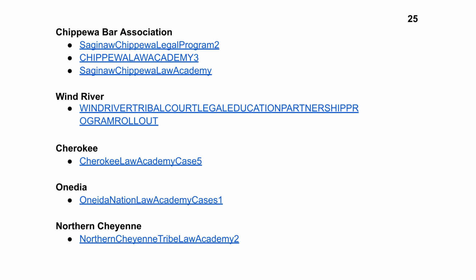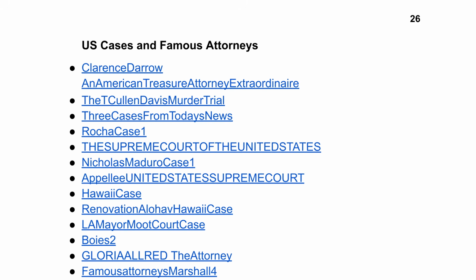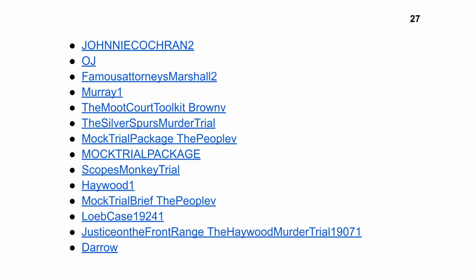court education and advocacy. We include a deep dive into U.S. cases and famous attorneys, offering materials on figures like Clarence Darrow and Gloria Allred, alongside trial kits for historic and modern Supreme Court cases. This library section explores further legal history, including the Johnny Cochran files, famous trials involving historic figures, and comprehensive moot court packets for complex legal challenges.